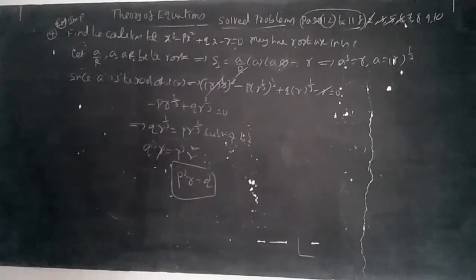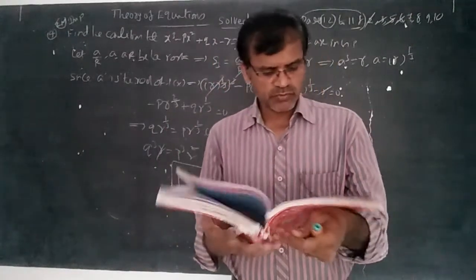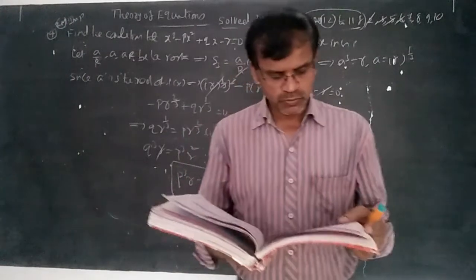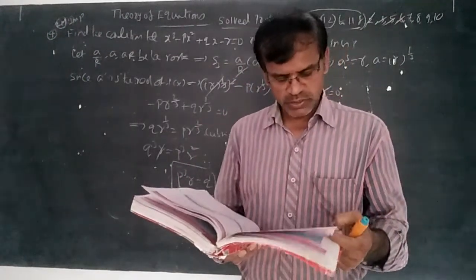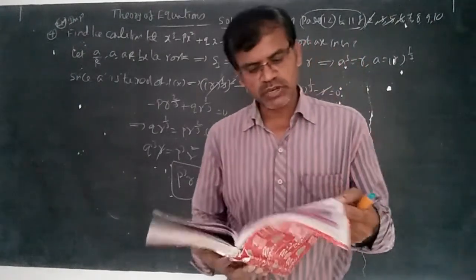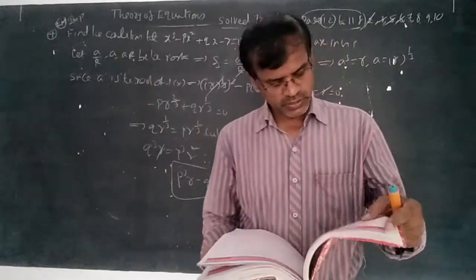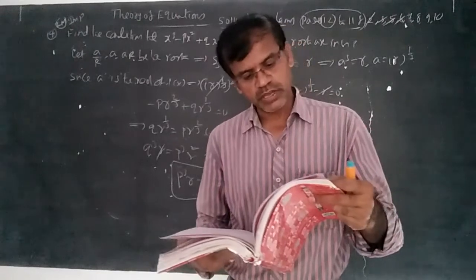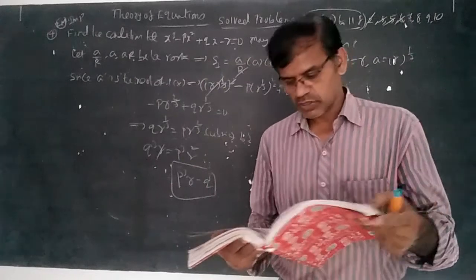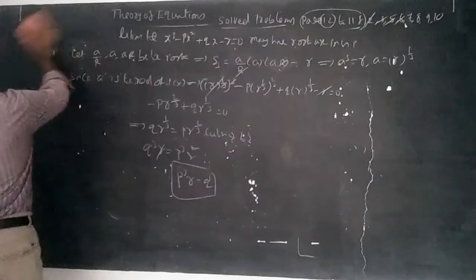Now from my end, in exercise 4b, Roman number 1 I completely said. Of course I did not say Roman number 1 first question, second question. I am giving homework to you, first question, second question, 3, 4. I said in Roman number 1. In Roman number 2, each and every question I am giving as homework. After completion of examples, I will say Roman number 3. Now let us go to page number 118, maybe from the 6th question, 7th question, page number 116, 7th question. 7, 8, 9, 10 will be completed.